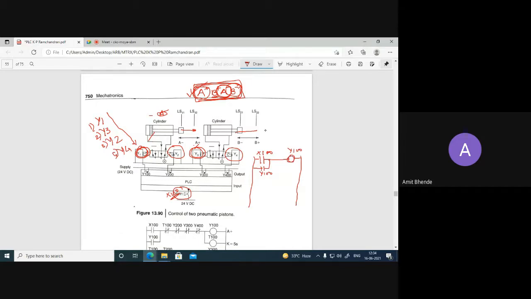Here the output device is Y100. So we will latch this circuit by Y100.